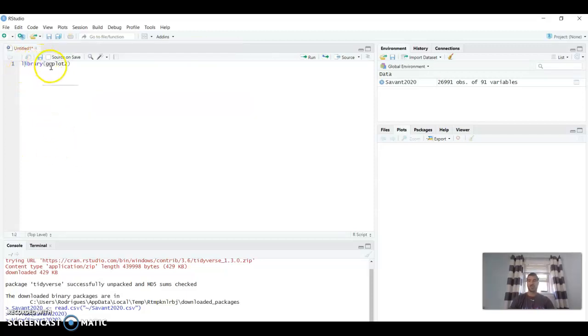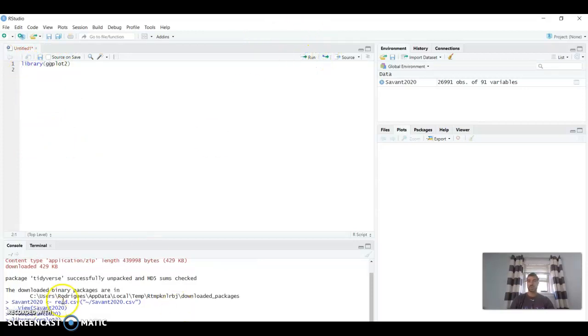So we're going to go library, ggplot2, and then we're going to click run. And we're going to know that ggplot has been run when we see it down here. And nothing's going to happen. It's just we're going to load that first skill today. So once we've loaded the skill, we can then go in and start to manipulate the data and make our